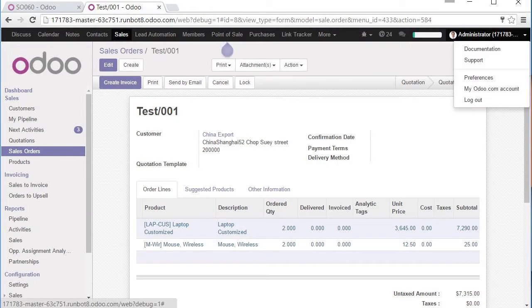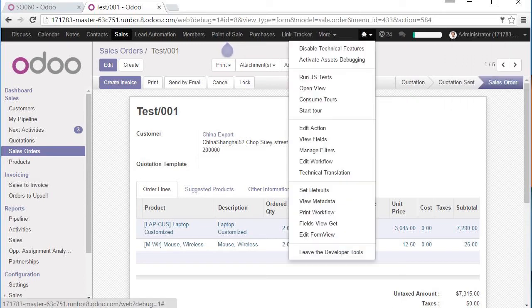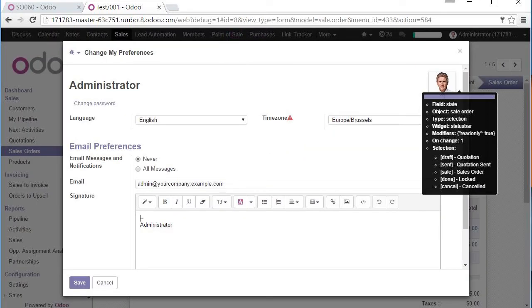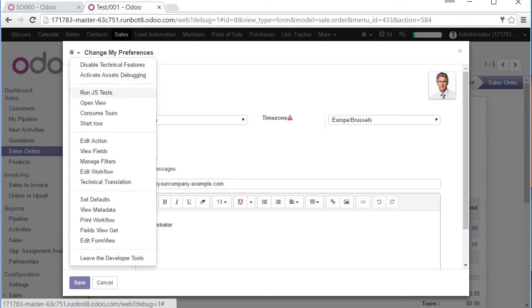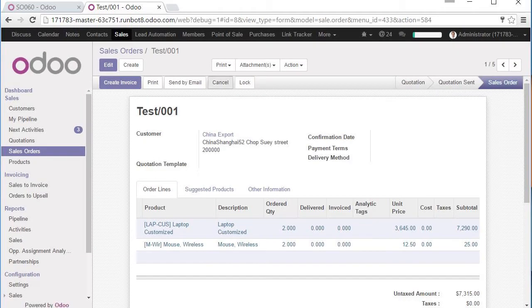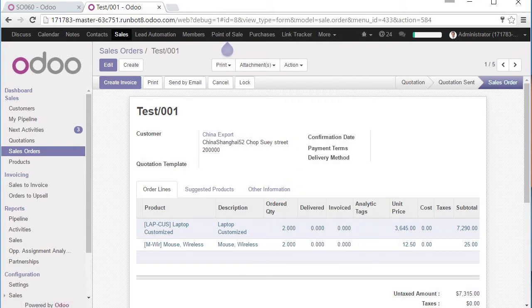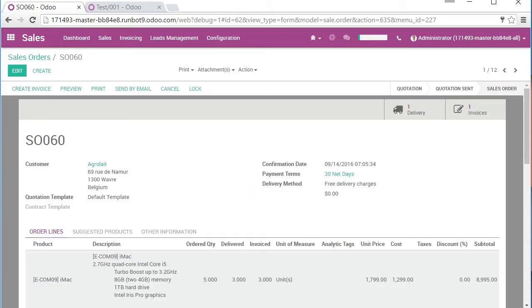So we can come here and, let's see, is it here? Where did they put the about? I think they kind of changed it. I guess it's in preferences now. You get the idea that you can run these side by side now and see how they look. And so this being the community version, this being the enterprise version of Odoo,